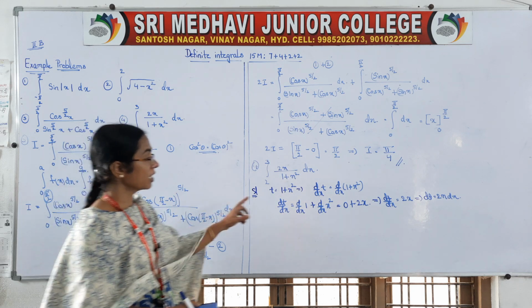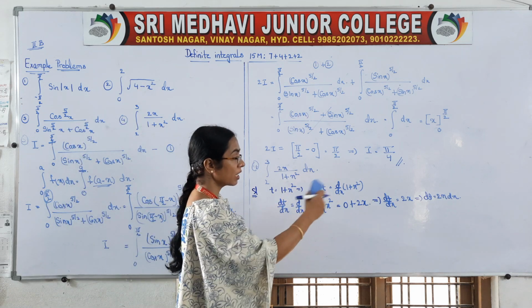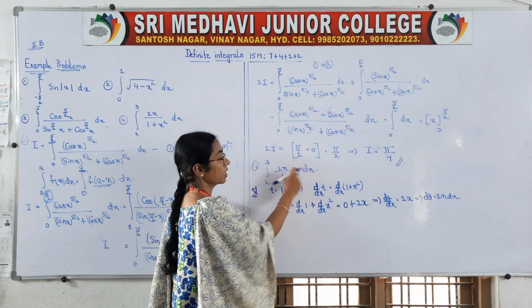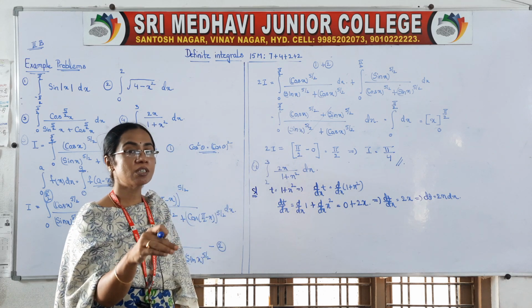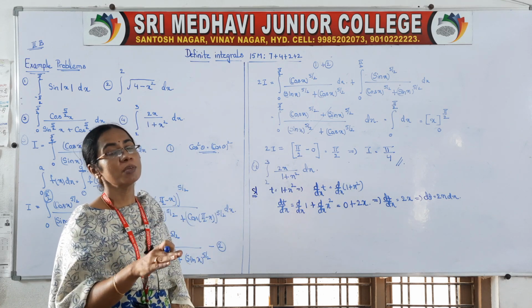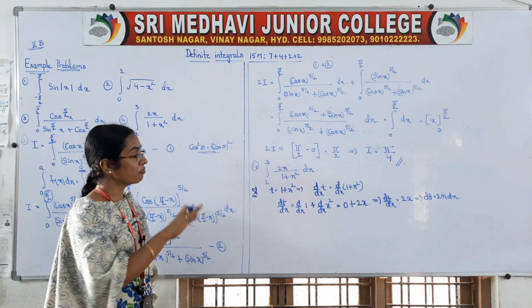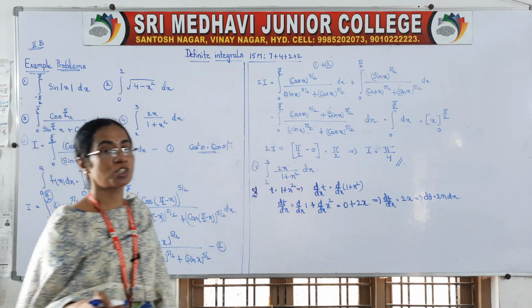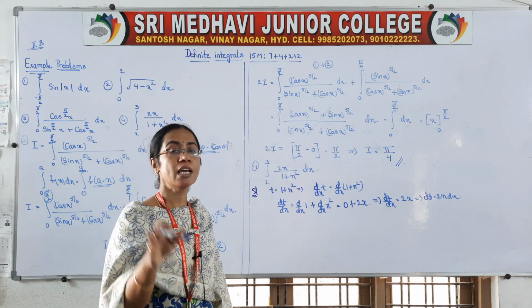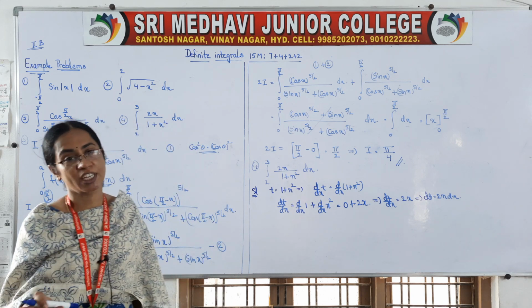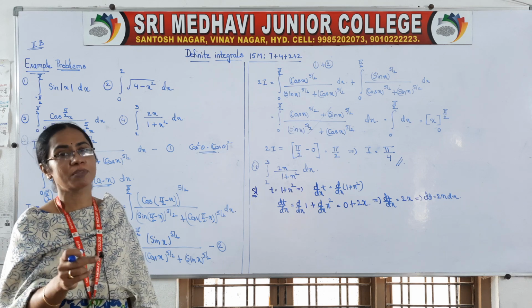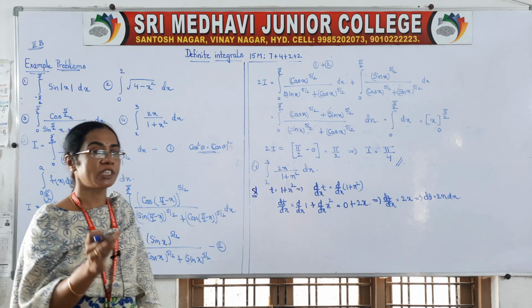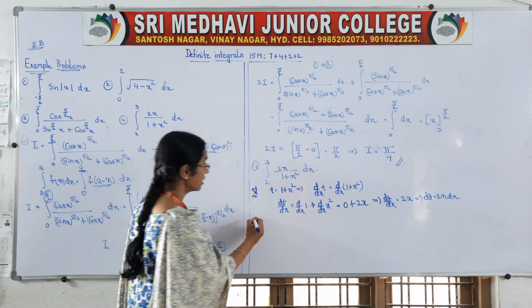But we have taken t is equal to 1 plus x square and we are converting the entire problem in terms of t. This becomes t and this becomes dt. Now your problem is in terms of t, which means the limits also must be in terms of t. So in definite integrals, always remember, whenever we go for substitution, we have to change the limits also in terms of t. If we take t is equal to something in any problem, we have to change the limits also in terms of t. So how will we change?